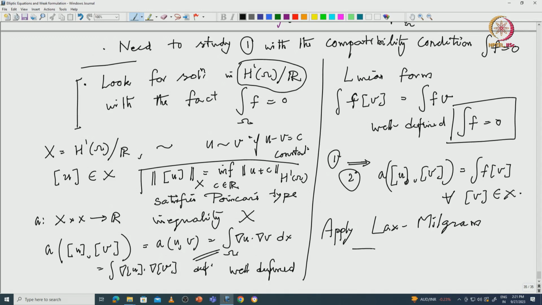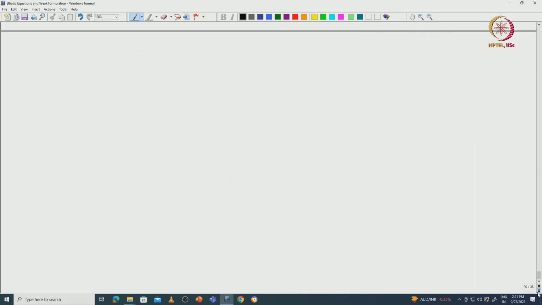Lax-Milgram implies there exists a unique u in X. That is the way you can prove that. So you have your existence and uniqueness in that way, but let me tell you another way of existence and uniqueness of the solution,